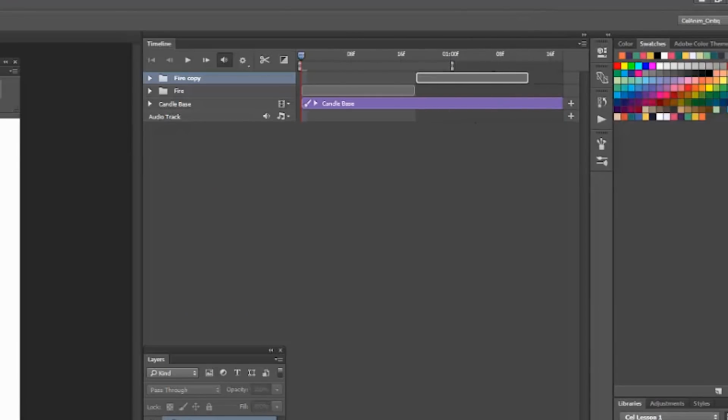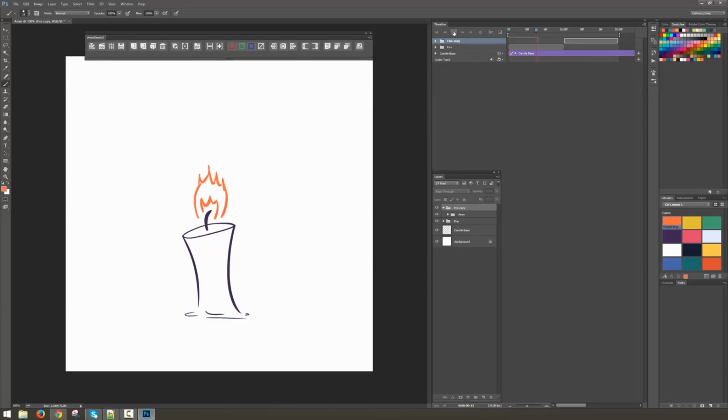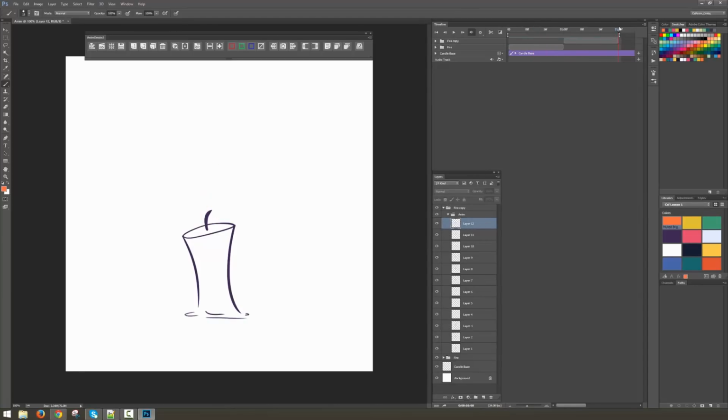And we want to zoom in so we can see a bit better and then move our work area over. Now, of course, if we play this back, it's just going to cycle through like it did before. So we need to reverse these layers so that layer 12, which would be this end frame, is all the way back at the beginning here. So let's move all of these so that layer 1 will be at the top and layer 12 will be